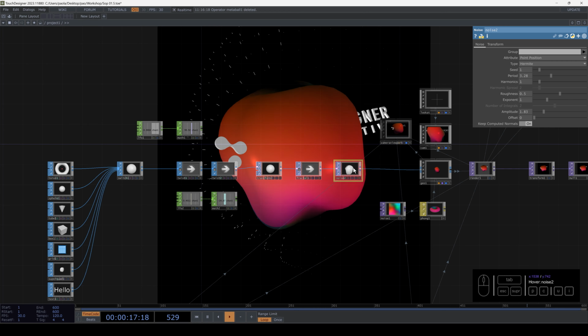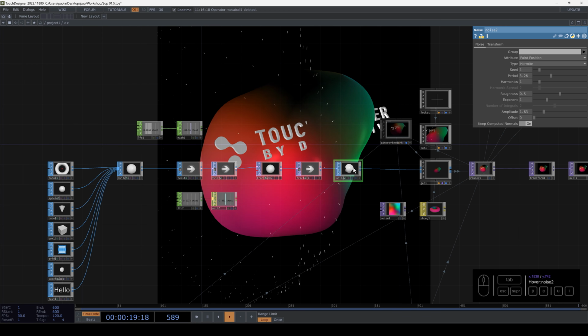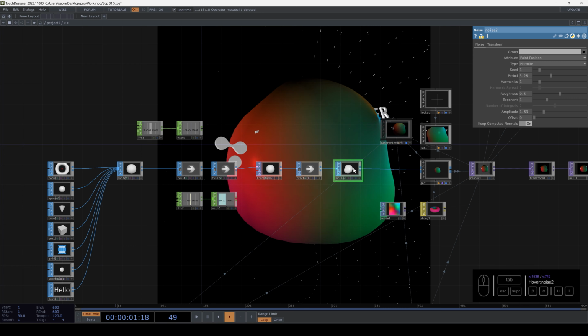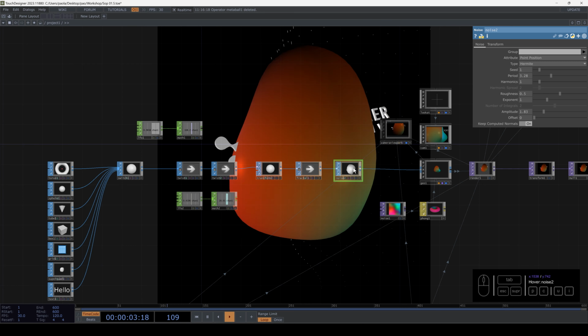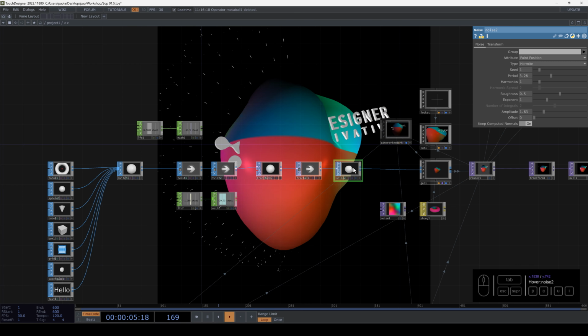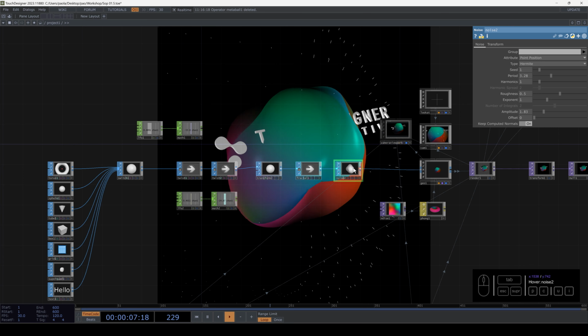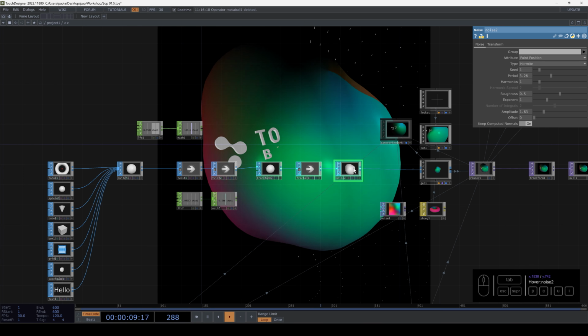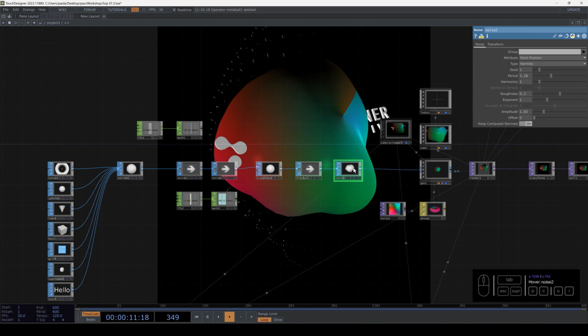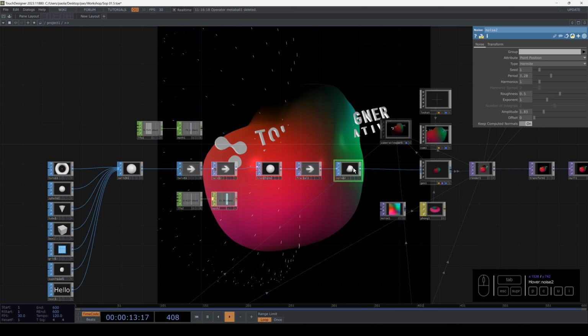So this is the video about the SOP. We did a lot of things. We figured out how to create or import, how to deform or twist things, and obviously put materials. But yeah, in the next video, we're going to learn how to use different materials and maybe create weird things